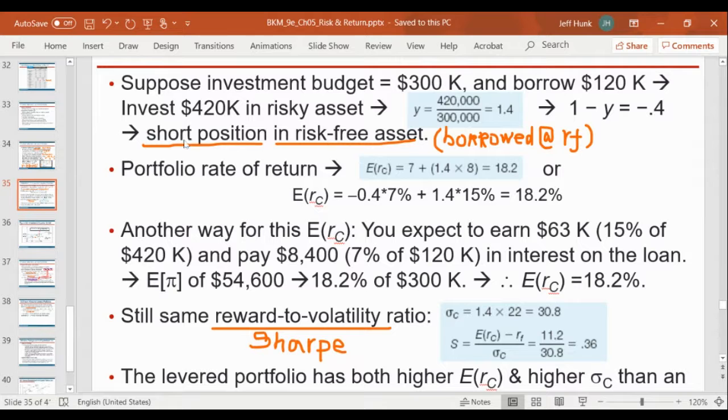And you put a whole 420K in the risky asset, then the weight of the risky asset is 1.4. And the weight in the risk-free asset is negative 0.4, right? And that works if you can borrow at the risk-free rate, right? So it is like, basically, instead of